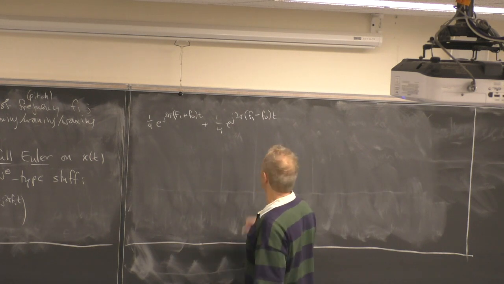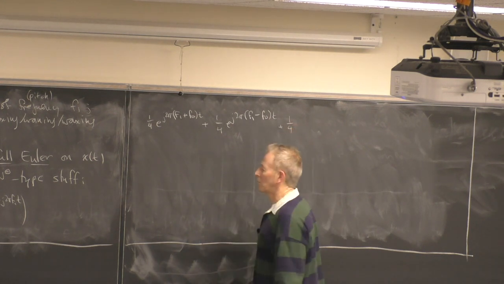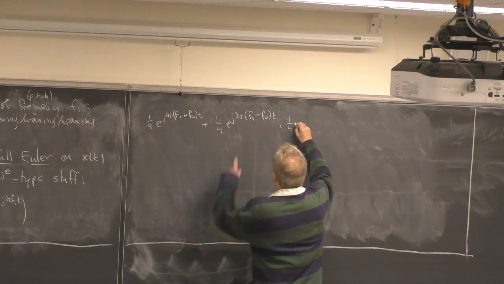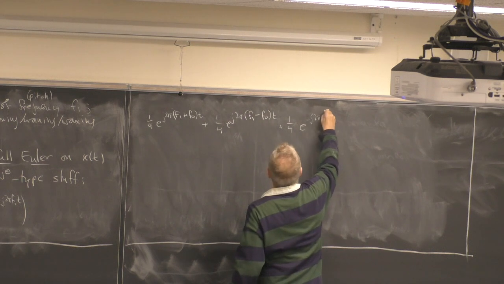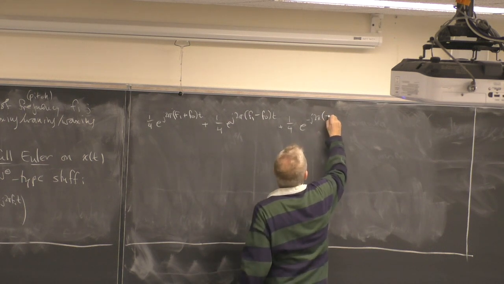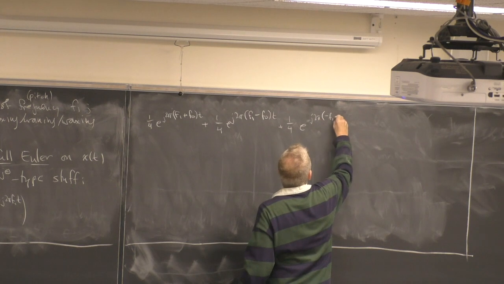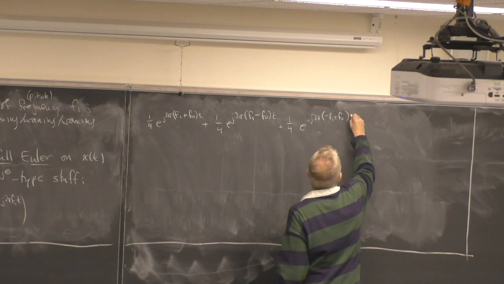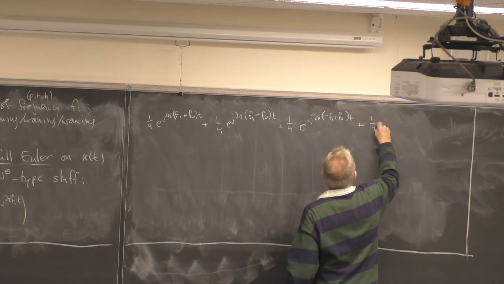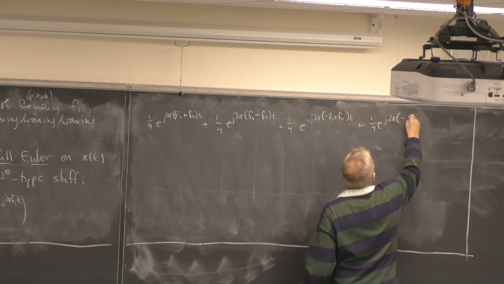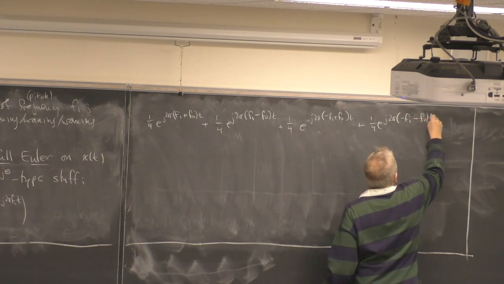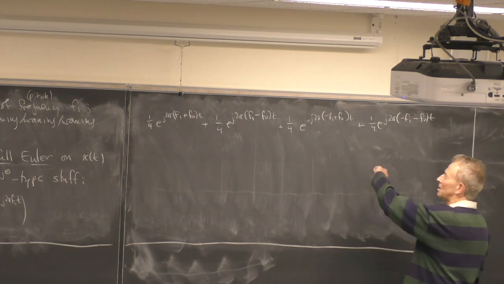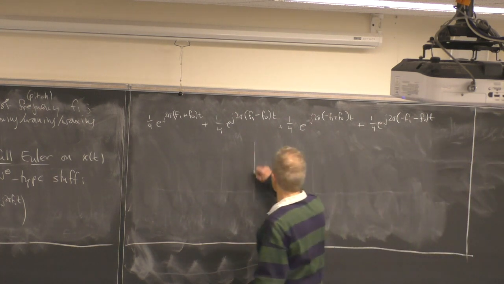And the other ones are going to be 1/4 e to the j 2 pi (minus f1 plus f0) t plus 1/4 e to the j 2 pi (minus f1 minus f0) t. Is that right? That's right. And why did I do that? Well, these give us the spectrum because